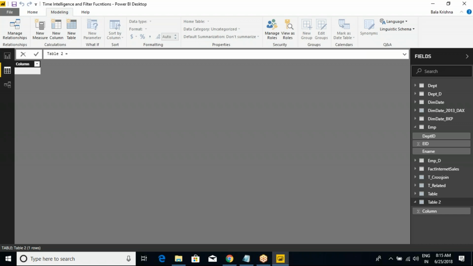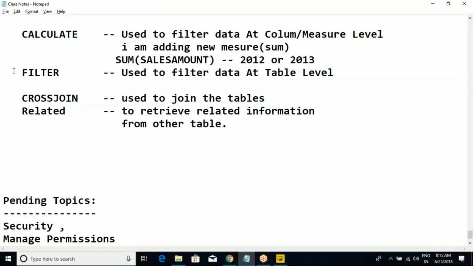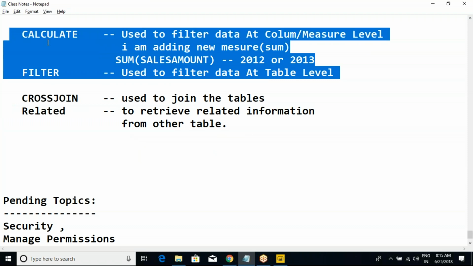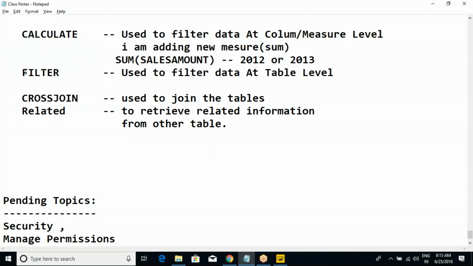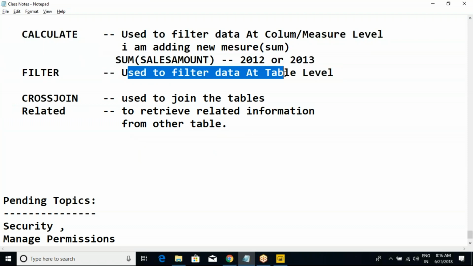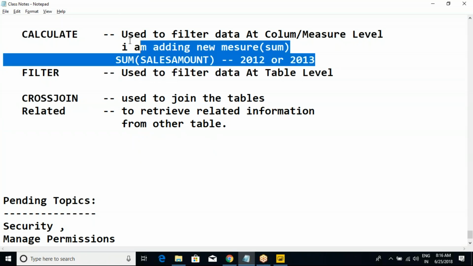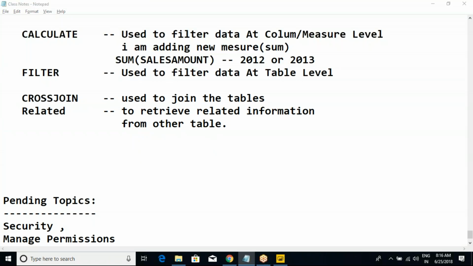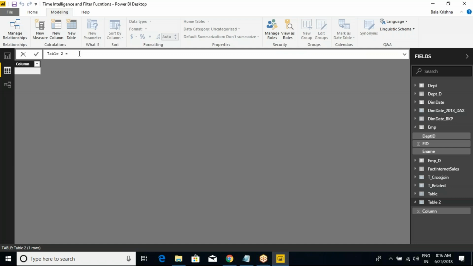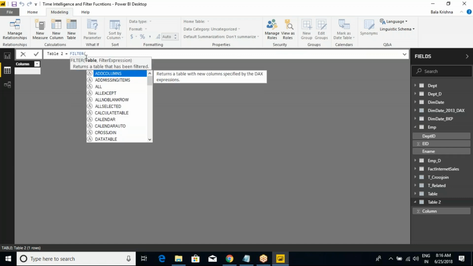See, keep in mind, whenever we're at table level and want to filter data, we need to go to the filter function. Very clearly, I spent almost half an hour on just these two functions. Yes or no? Filter is used to filter data at the table level, and calculate function works at the column level. So since I'm at table level,